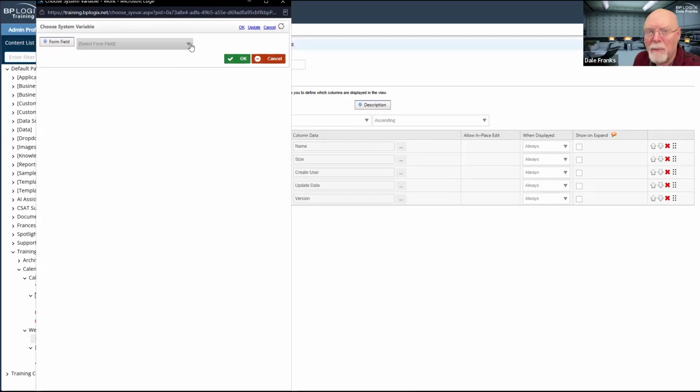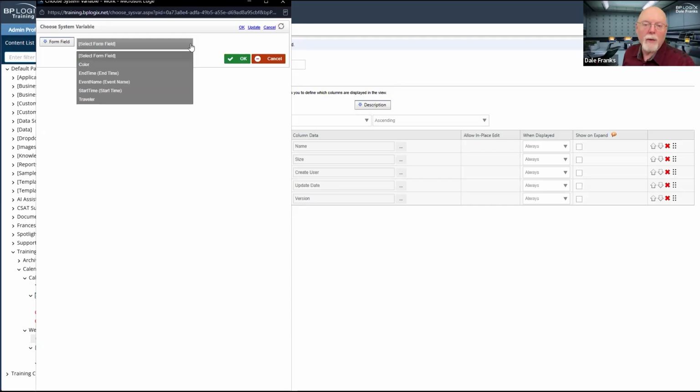The change I made on the properties tab to associate the form with this knowledge view, you have to update the knowledge view before that works. And that's why a second ago, we saw it wanted a form definition name and then a form field name. Now that I've updated the knowledge view, that property configuration that I made to do the association to the simple calendar form has now taken effect. So when I pick form field, it only shows me the form field. So I do want the event name.